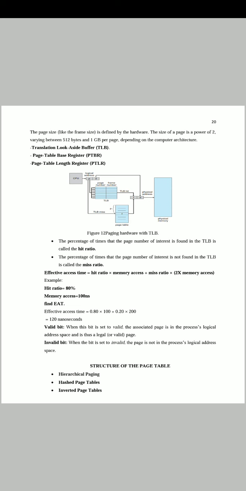What this TLB does is, when the CPU generates the logical address, it has, as usual, a page number as well as a displacement. This TLB has two columns, one is page number and the other is frame number. It identifies whether that page number entry is there in this TLB or not. If it is there, then we call it a TLB hit. If that page number entry is not there in your TLB, translation look aside buffer, then we call it a TLB miss. If there is a TLB miss, definitely the entry will be there in your page table.